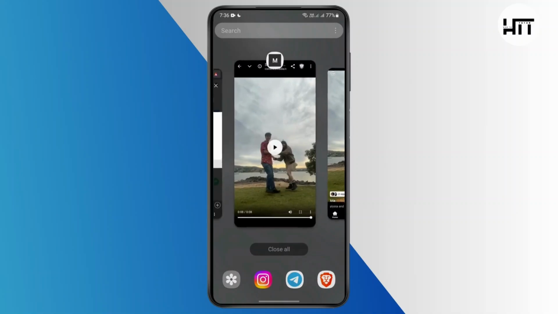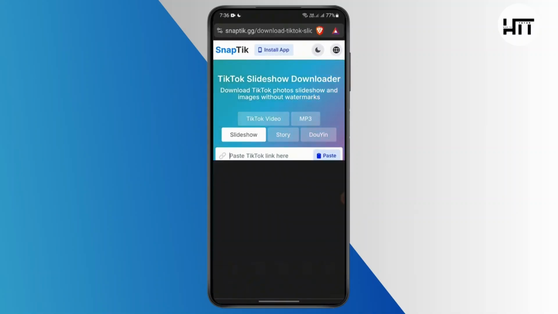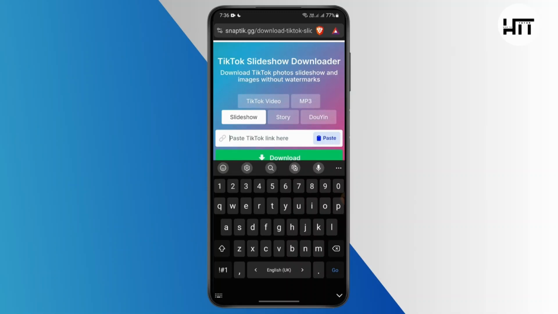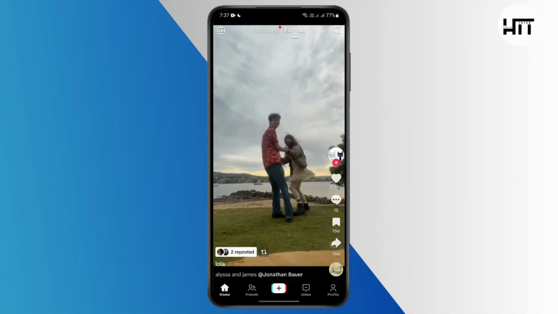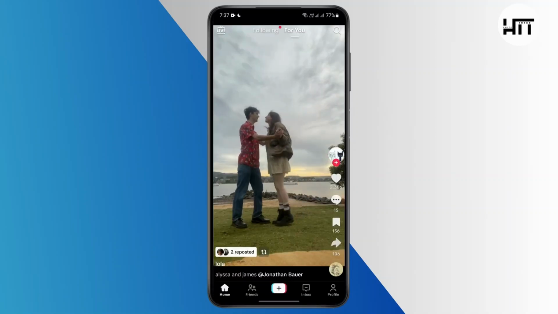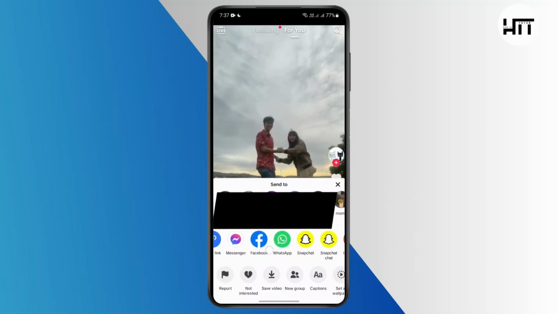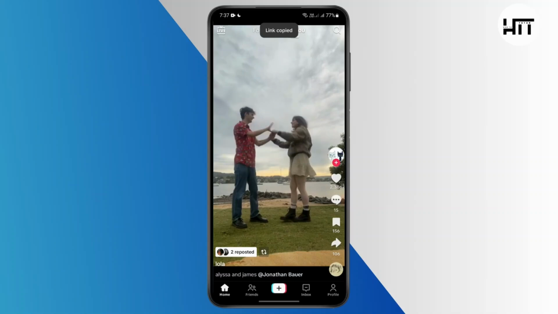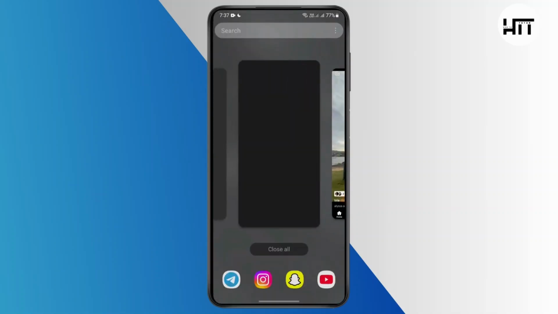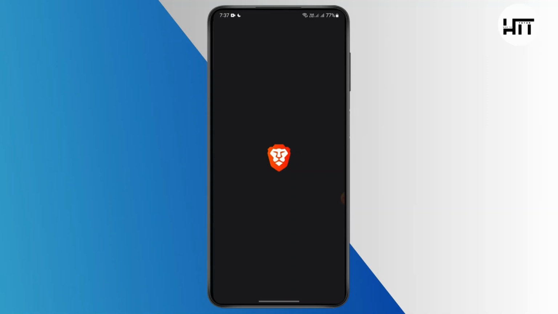search for SnapTik. Here, you may just paste the TikTok link that you just copied from that TikTok video. In order to copy the link, you may just simply open up TikTok, and here you will be able to see this arrow mark easily. Simply tap on it, and when you scroll, you are able to see this copy link option. Simply copy the link. After that, you just need to get back to that browser and paste the link there